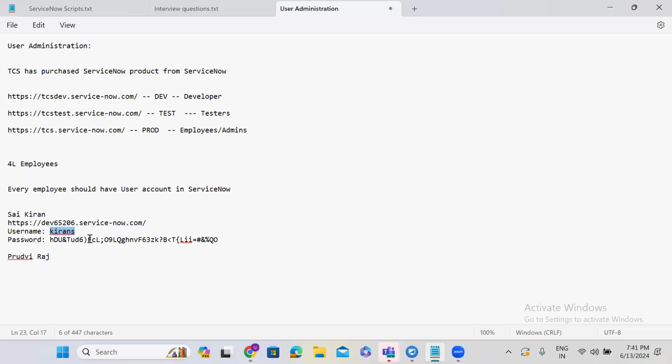If you remember in the AHA app, they will create an account for us. Once you purchase the subscription, it will create an account. That is actually a user account. Similarly, you are purchasing ServiceNow product for 4 lakhs employees, you will create 4 lakhs accounts so that every employee can use ServiceNow, right? Getting my point? Like in the AHA app,